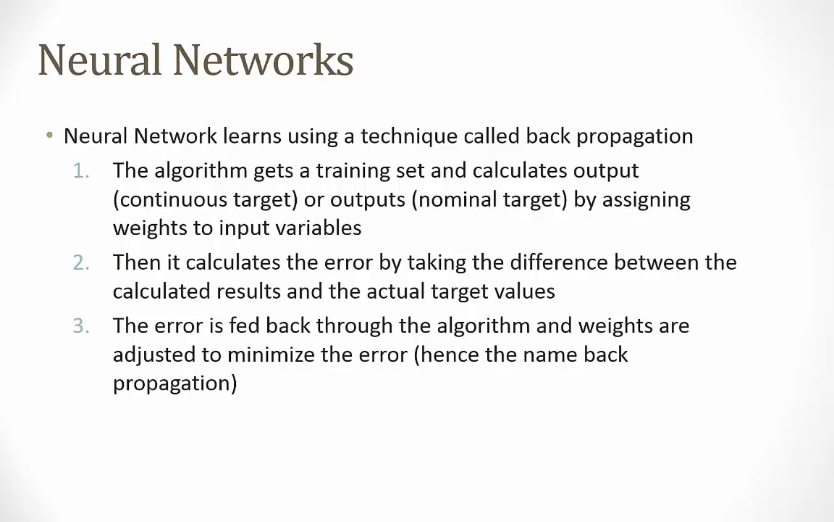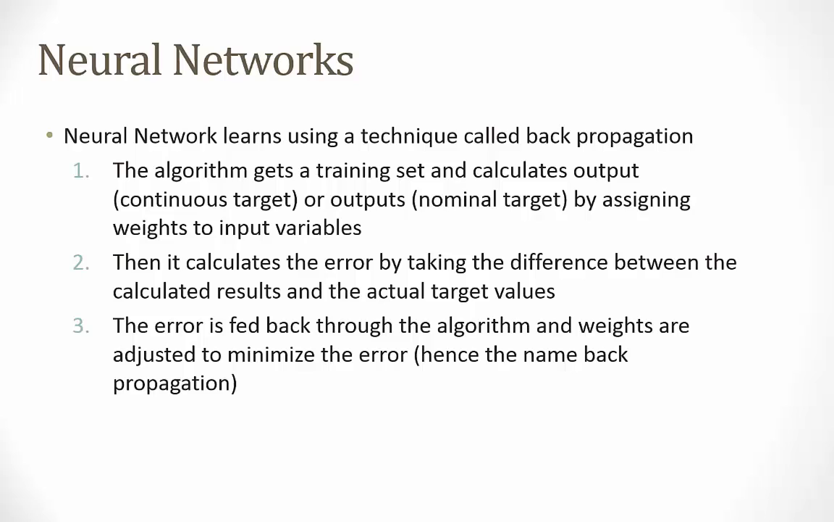So similar to regression, if you want to imagine, it gives some coefficients or some weights to different attributes, and it will use those weights and the values within the attributes in order to predict the output. And then it calculates the error by taking the difference between the calculated results and the actual values for the target value. So it compares these two values, calculates the error, and then feeds the error back into the algorithm in order to adjust the weights for the input variables and calculate new outputs and